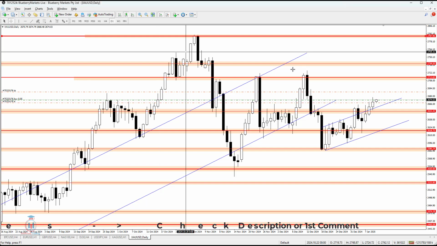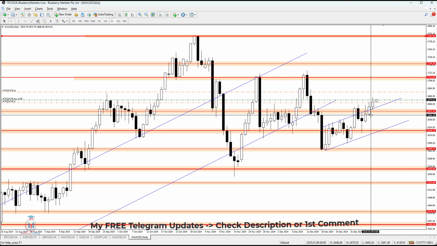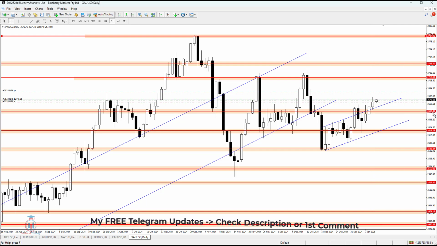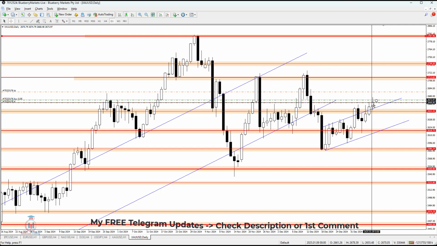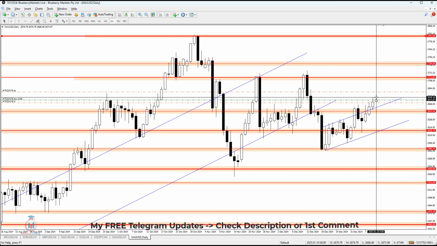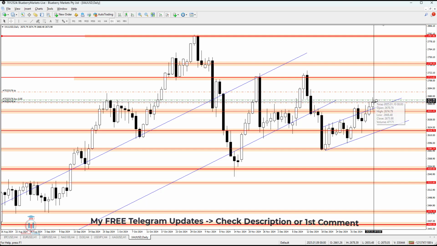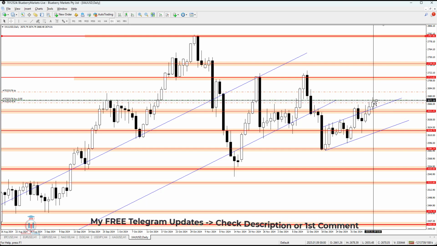Gold yesterday created a bullish candle. We can see that it is a continuation of this bullish breakout that happened 2 days ago above 2653.45. We can see that the price yesterday created a bullish candle with a wick almost reaching 2678.10 and then bouncing back down, returning slightly down, and it is currently forming a continuation of this bullish movement.